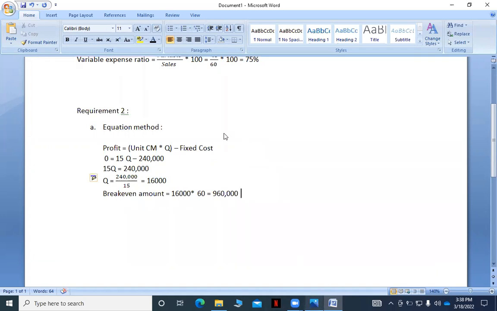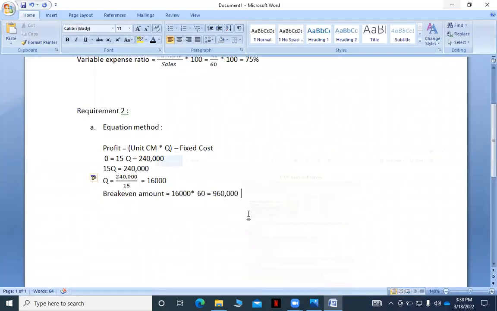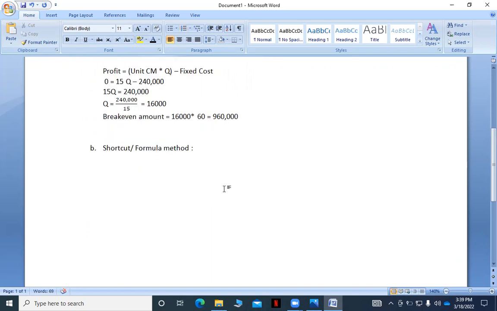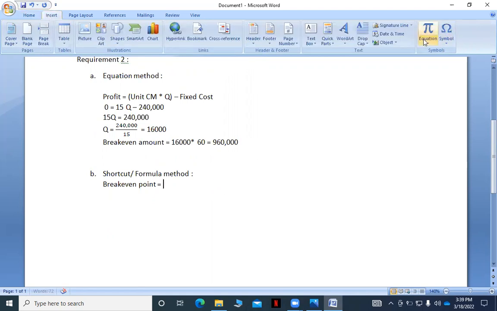Now our second requirement is to use the shortcut method to calculate the break-even amount and break-even unit. Okay, shortcut method. So let's write it number B, shortcut method. We also call it the formula method. So the formula method: break-even point equals